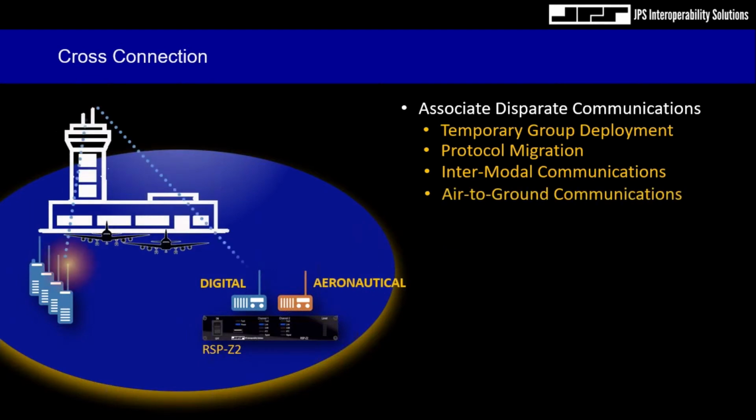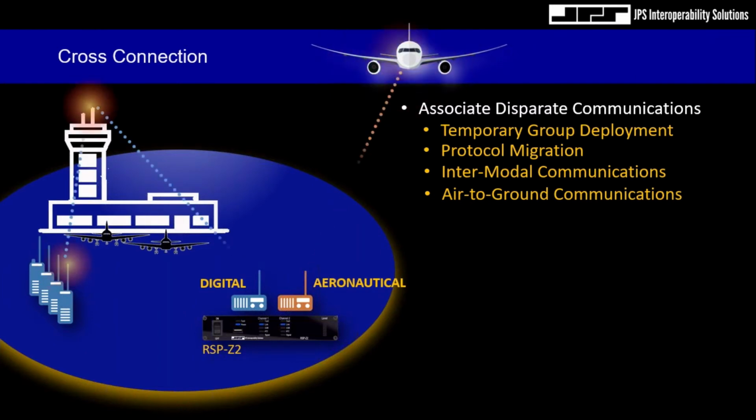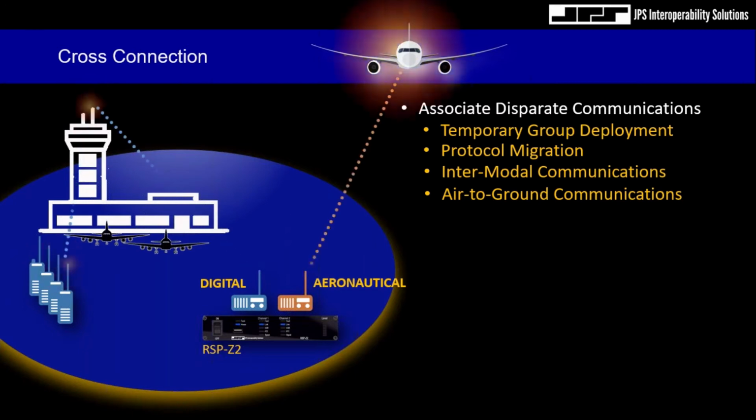And for many years, JPS products have been used in many air-to-ground communication applications using such things as NXUs, ARAs, and ACU gateways at airfields, both civil and for military applications. And this is a good example of disparate protocols able to safely and reliably share communications. And in this case, amplitude modulated aeronautical radio communications can be shared over FM or digital systems that are commonly used in terrestrial applications. And I'll use this example again to illustrate how our gateways can leverage networks to support aircraft in, for instance,